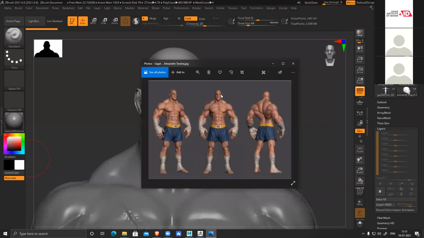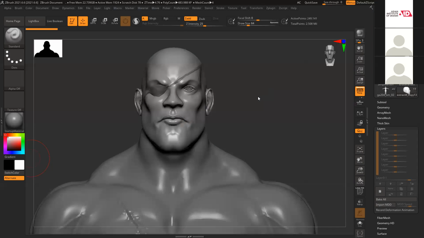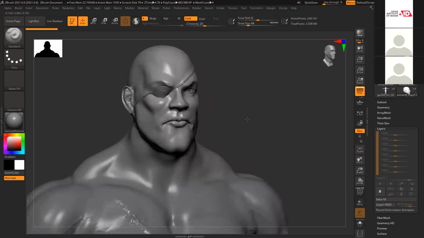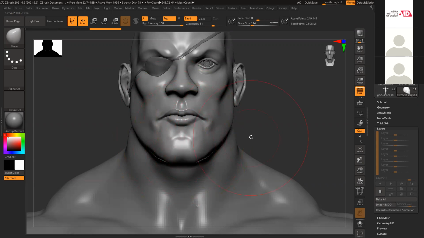Fine. So here, let's see. Here I can see the chin is slightly smaller, so I can pull this slightly down.